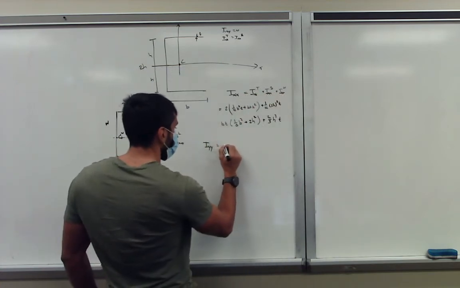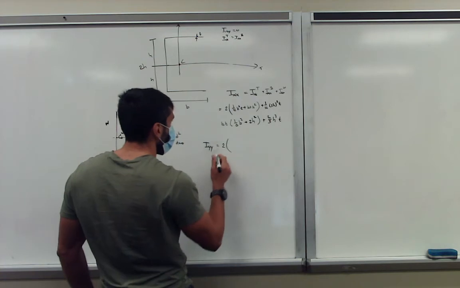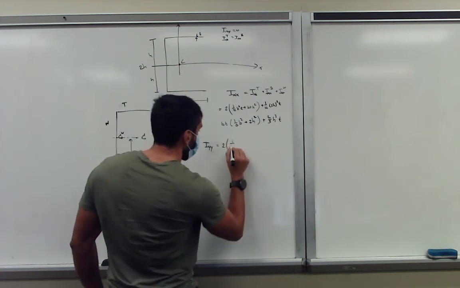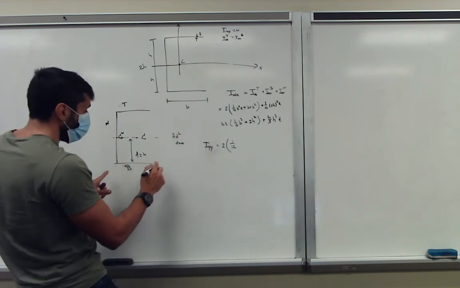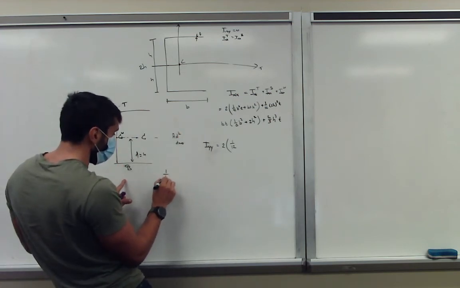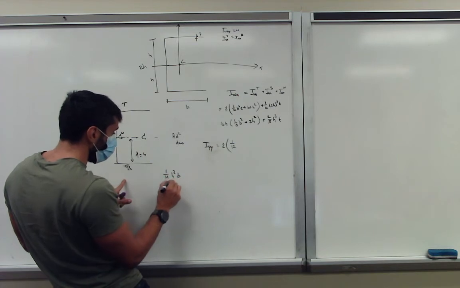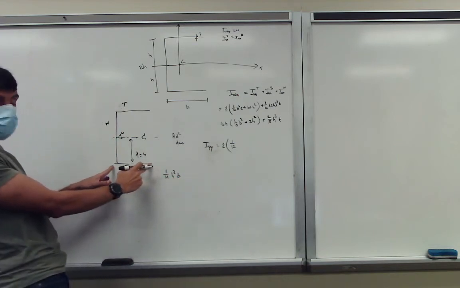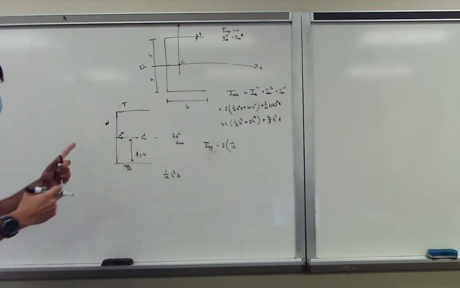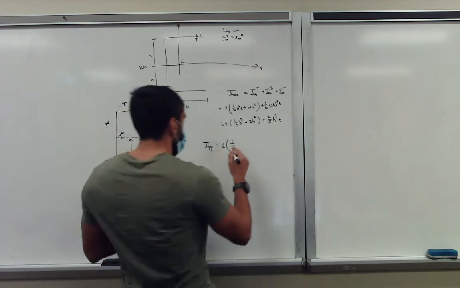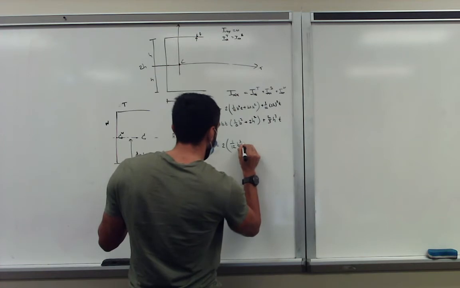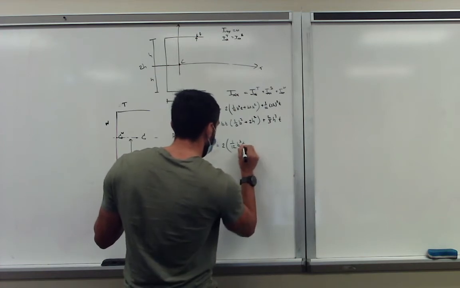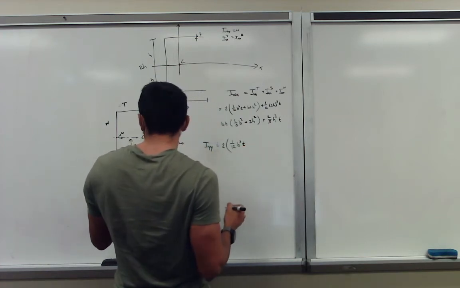In this case, we get 2 times, now we get 1 over 12. And then if you do the moment of inertia, we basically said the moment of inertia is h cubed b. But if it's on the bottom, we get b to the power of 3 times h. So this was b cubed times h. And in this case,